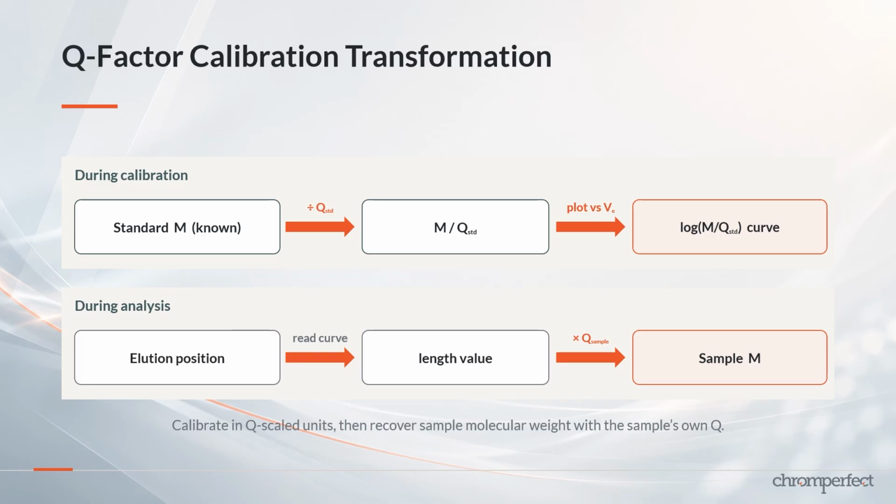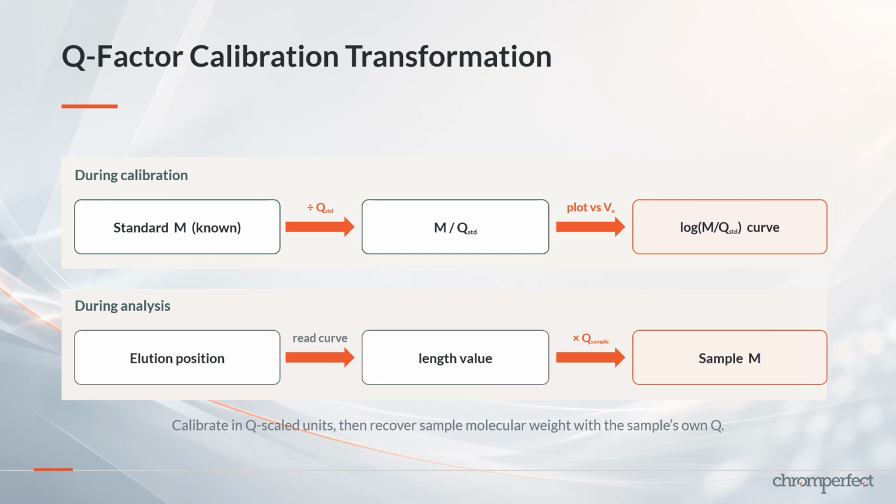The logarithm of this adjusted value is plotted against elution time or volume. When a different polymer is analyzed, the length-related value is read from the curve and converted back to molecular weight using the Q-factor for the sample polymer. The attraction of this method is that the Q-factor can be estimated from the known chemical structure without requiring additional